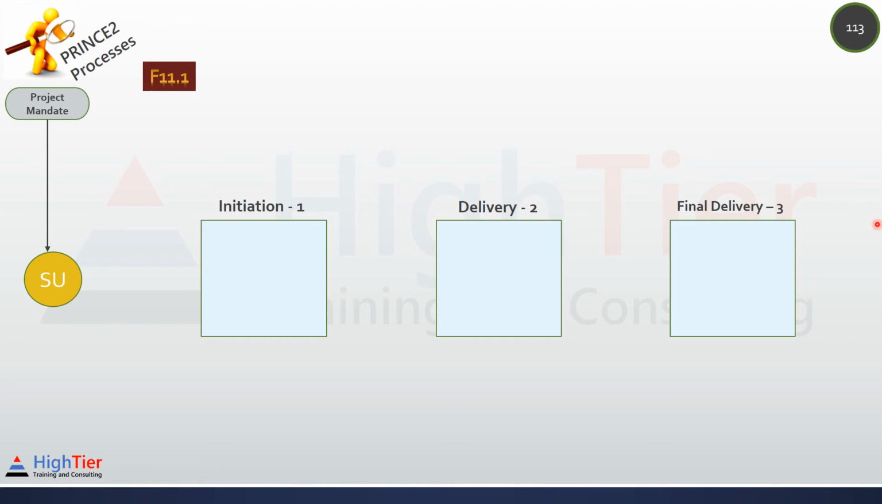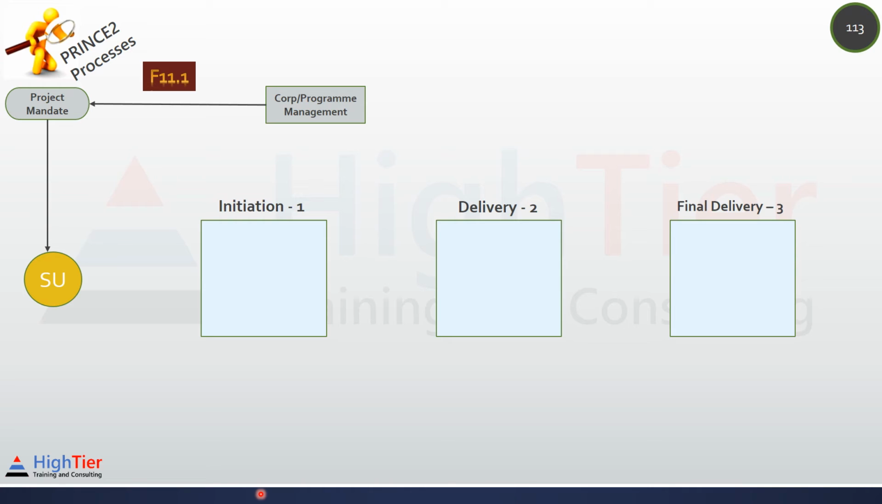The trigger for the SU process is the project mandate, which comes from the corporate or program management. The purpose of the starting up a project process is to ensure that the prerequisites for initiating a project are in place by answering the question, do we have a viable and worthwhile project? We want to be in the initiation stage if it is a viable and worthwhile project. If it is not a viable project, we don't want to initiate. In SU process, we do the minimum necessary in order to decide whether it is worthwhile to even initiate the